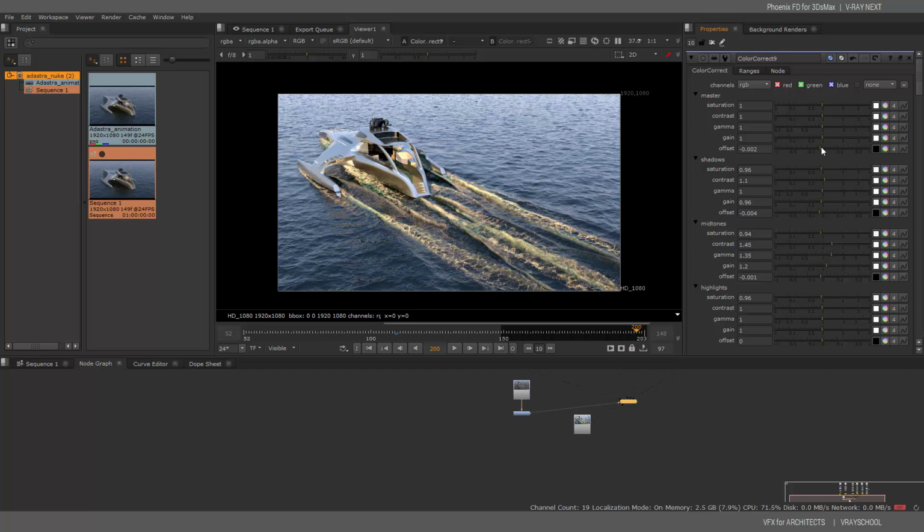I'm gonna go and do some stuff on the master. So that's basically the overall effect on my image. All right, so something like this. Okay, now